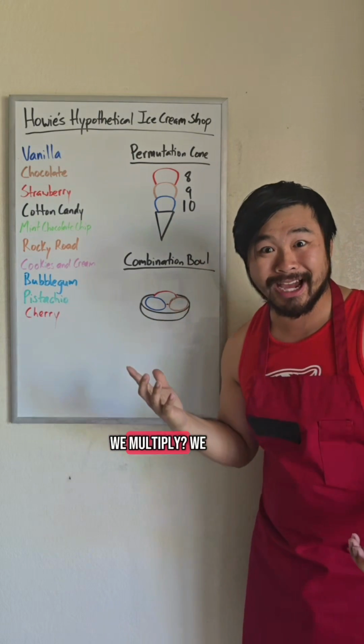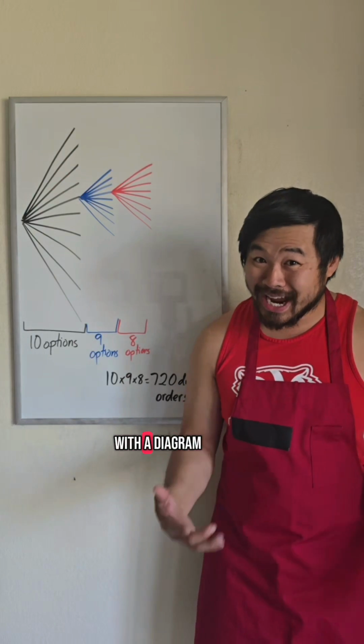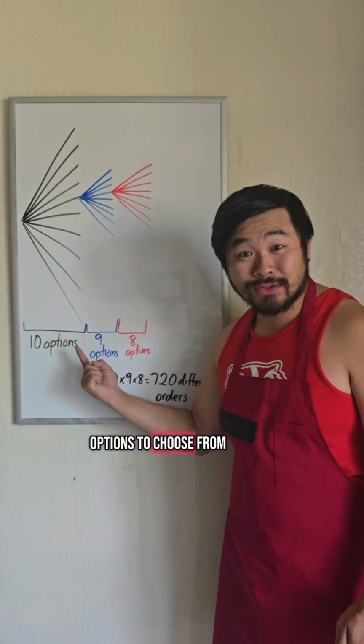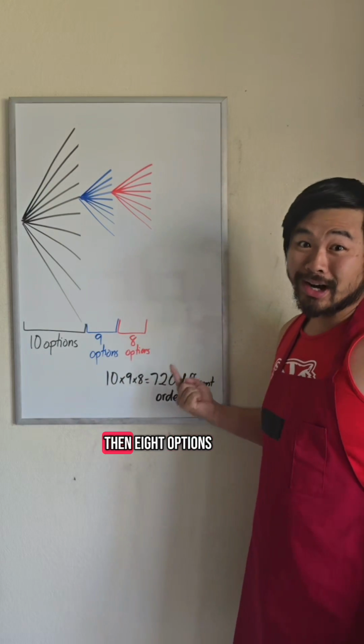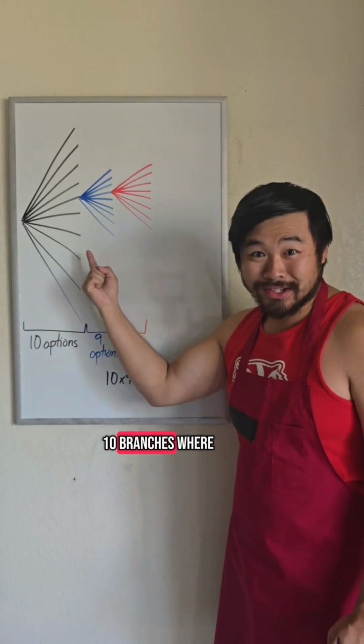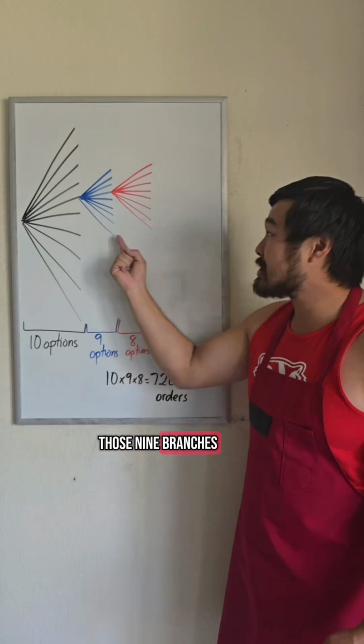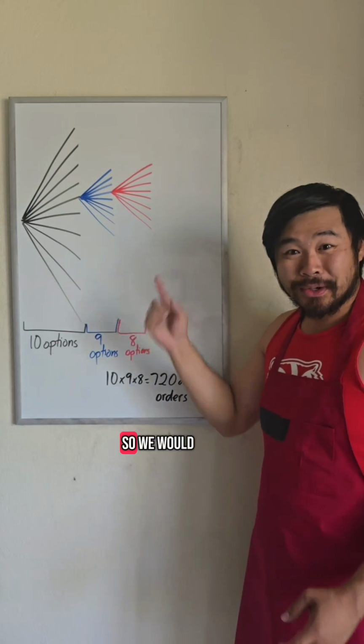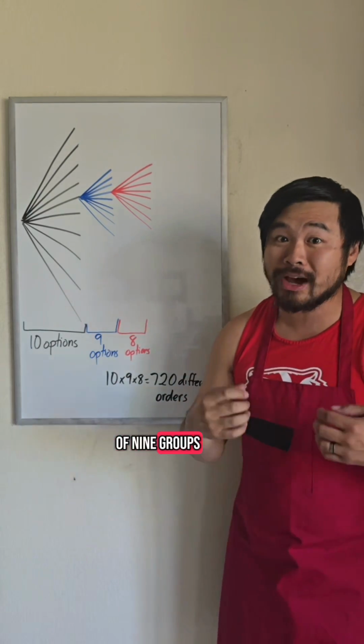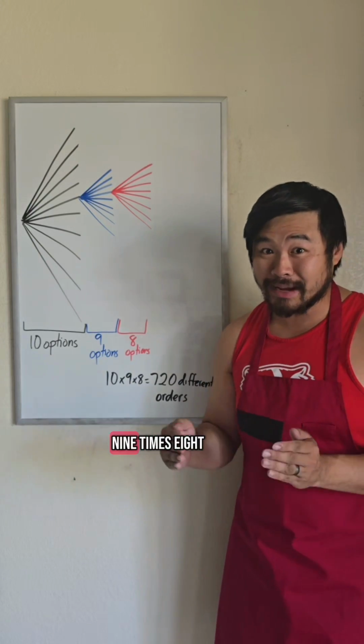But why do we multiply? We can see this with a diagram. We have 10 options to choose from, then 9 options, then 8 options. So we have 10 branches, where each of those branches have 9 branches, and each of those 9 branches have 8 branches. So we would have 10 groups of 9 groups of 8, or 10 times 9 times 8,